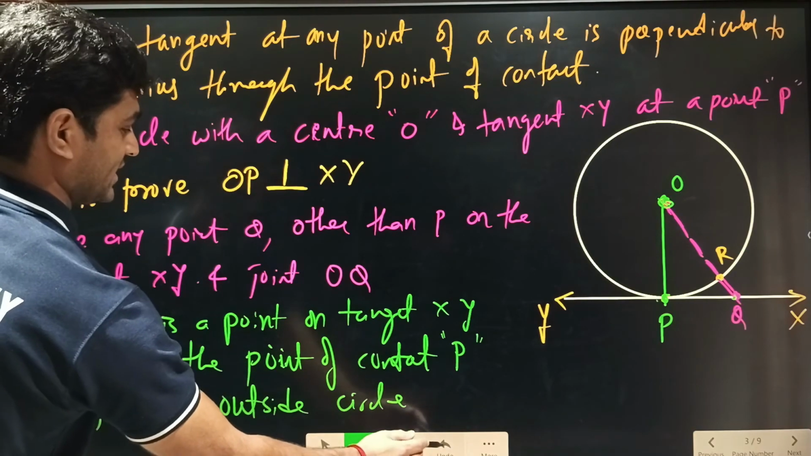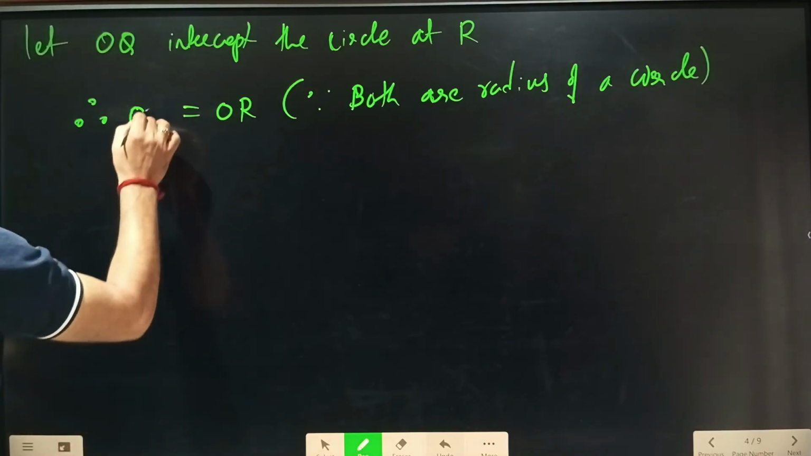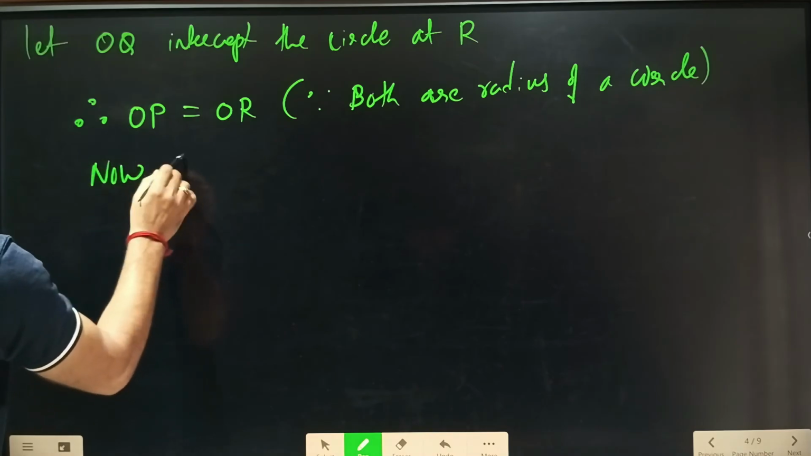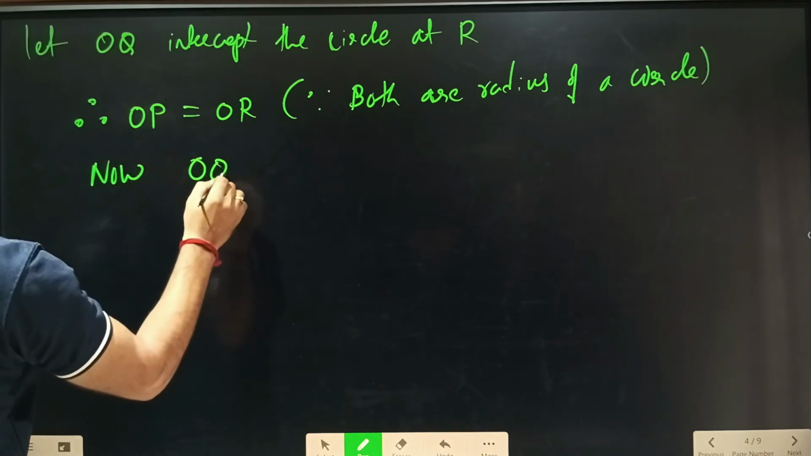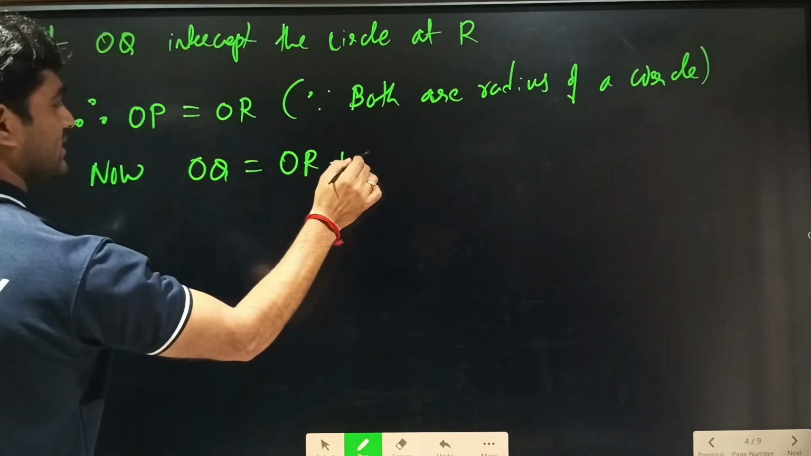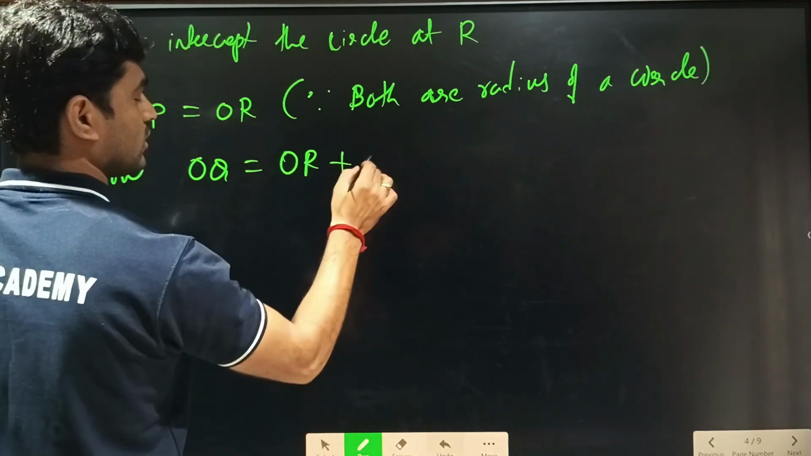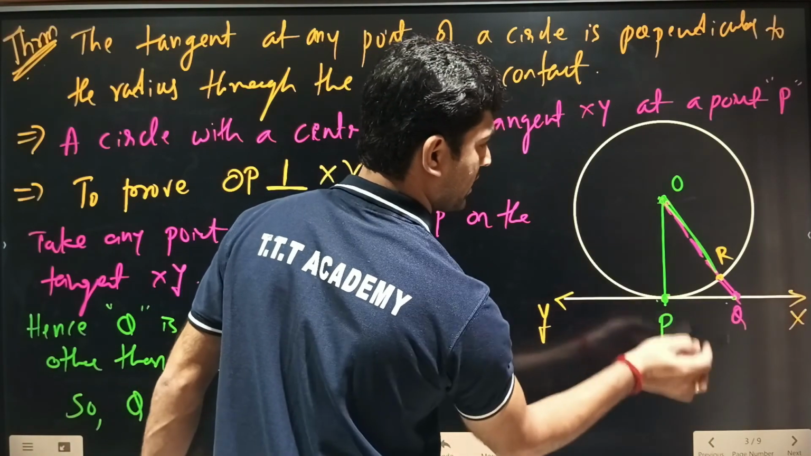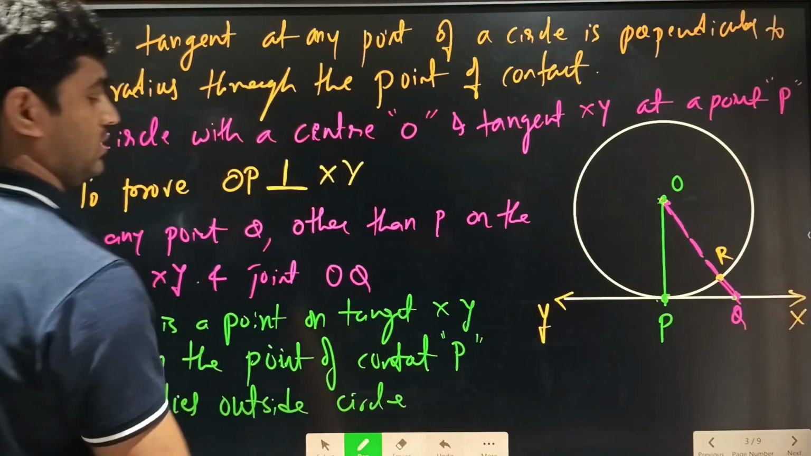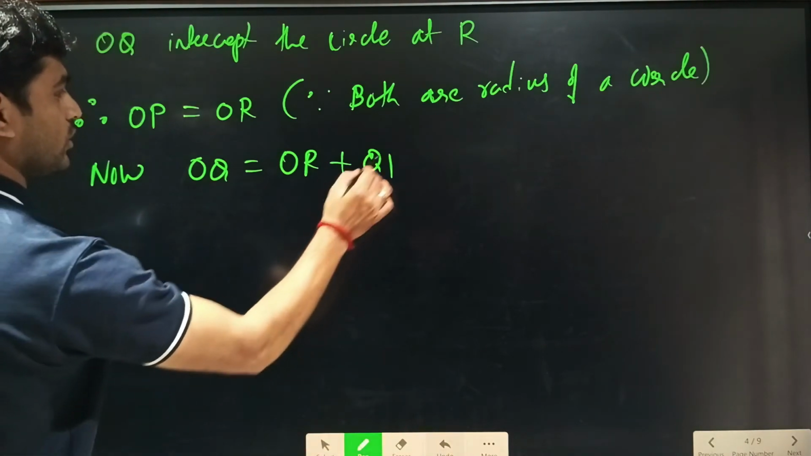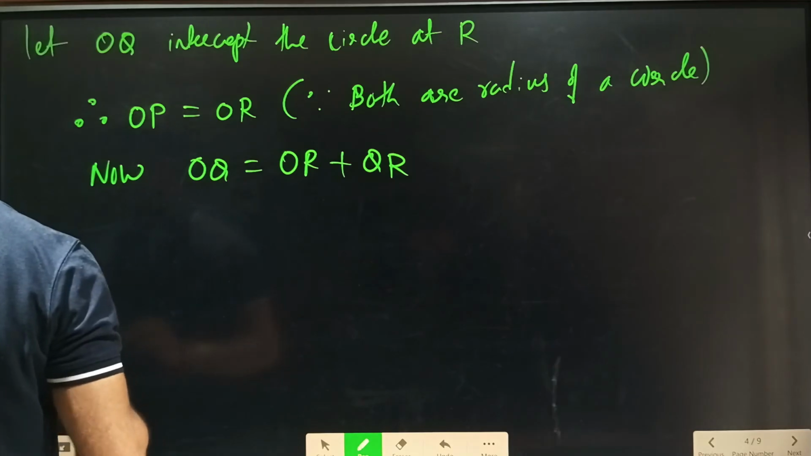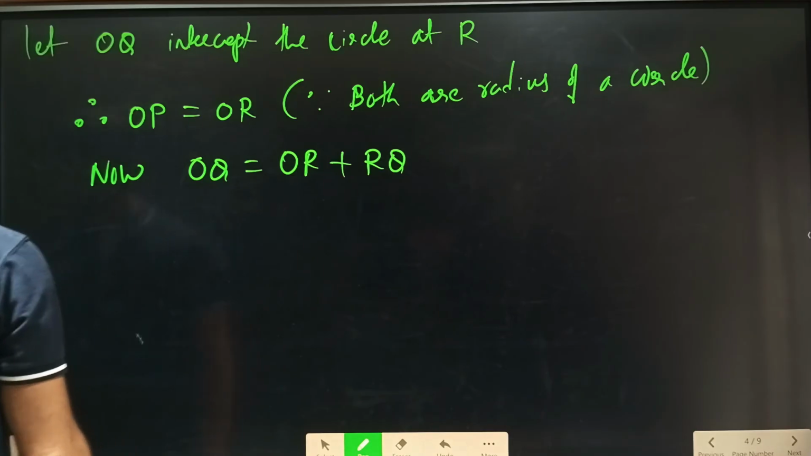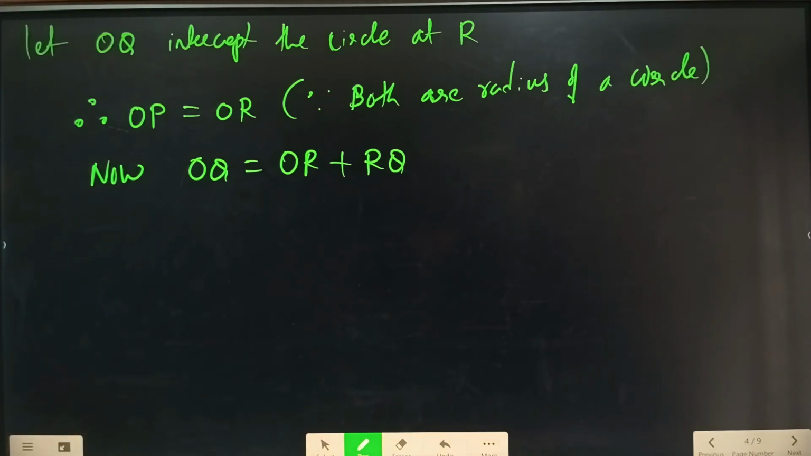So in this case I am going to consider OP equal to OR. And now OQ is equal to OR plus QR. OQ is equal to OR plus QR. Or also we can consider RQ. If you consider that, now what has happened? OQ is, just observe here,